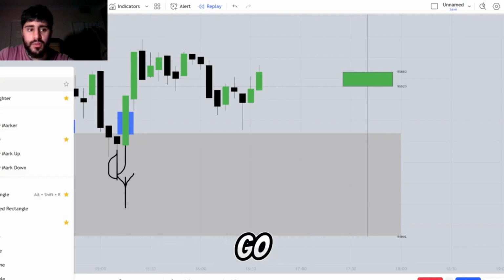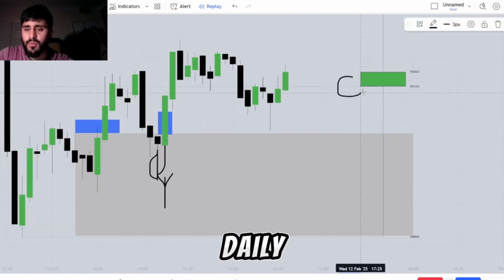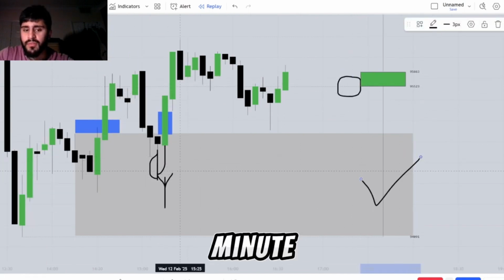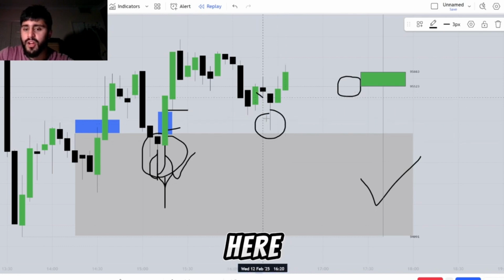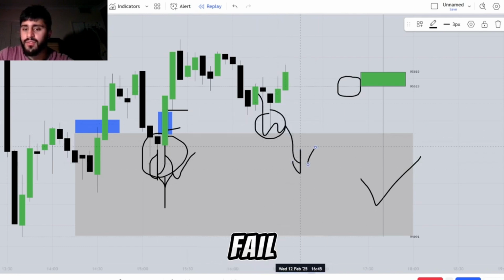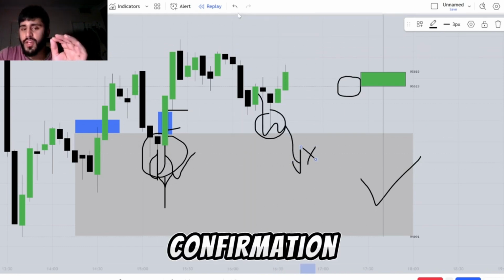So again, let's quickly go through this trade, right? We are below the daily opening price. We're at a 15-minute fair value gap. The fair value gap held, and we have a 1-minute over here. And the price action here, aggressive sellers, they fail,